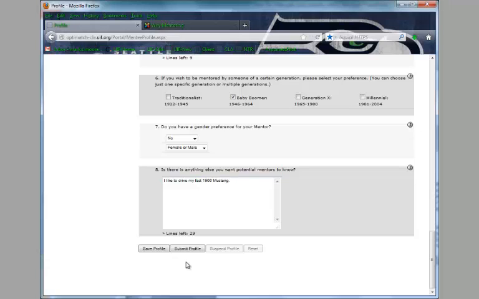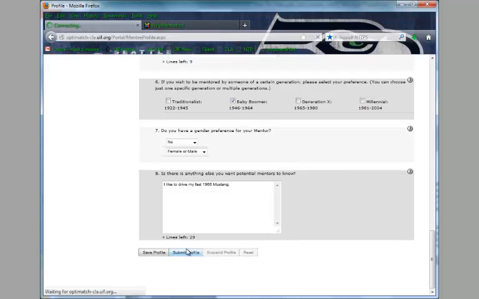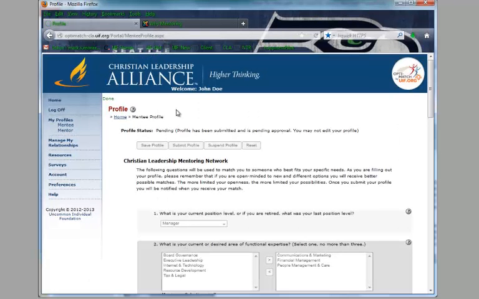Once I've completed this, I can submit my profile to make it available for matching, or if I need to gather some information for this profile, I can save it now and come back to it later. Since I've answered all my questions, I'm going to go ahead and submit this profile and make it available for matching. Done indicator in the upper left hand corner indicates that CLMN has accepted my profile,